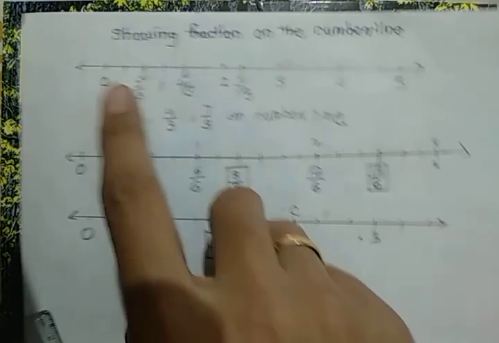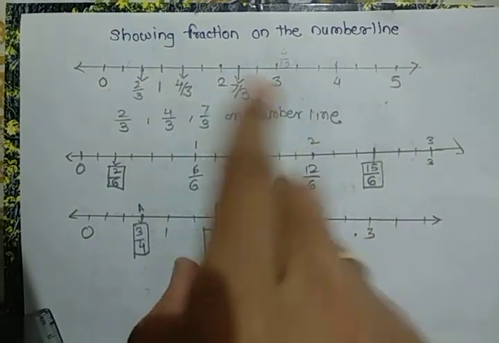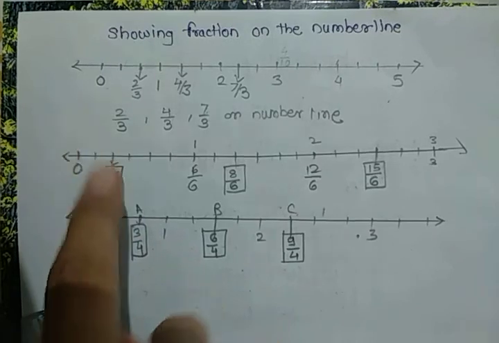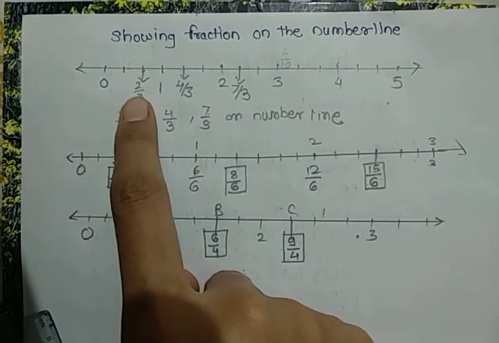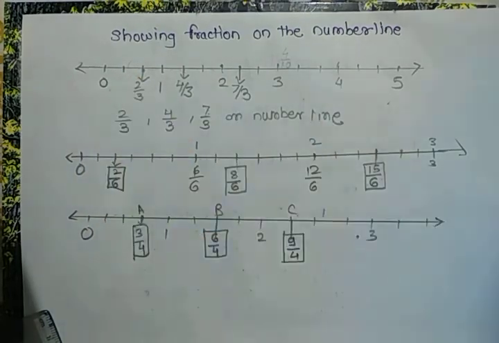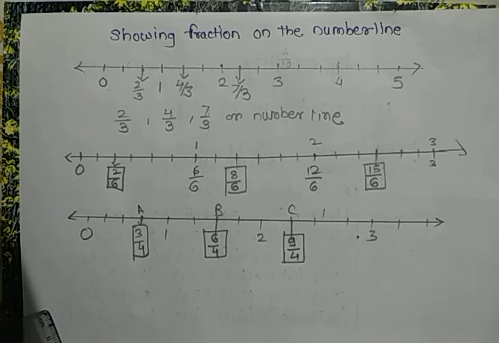Draw a line. Take digits on equal distance. And which denominator is here? That it make equal parts in between 2 digits. For example,